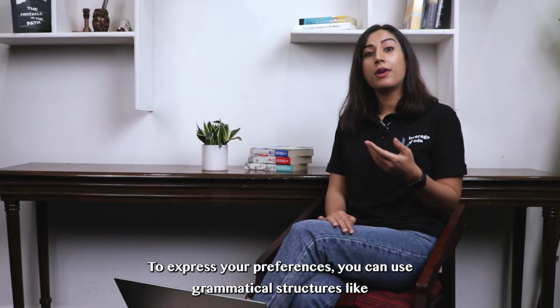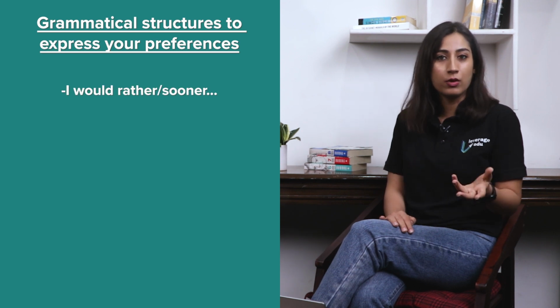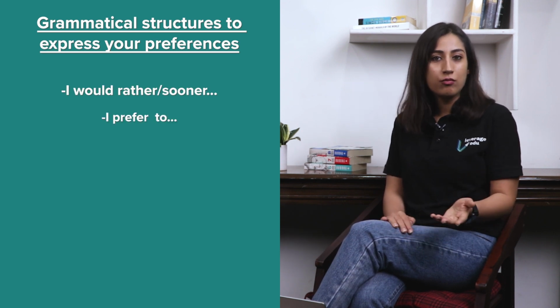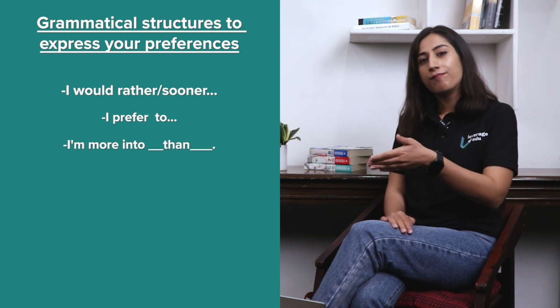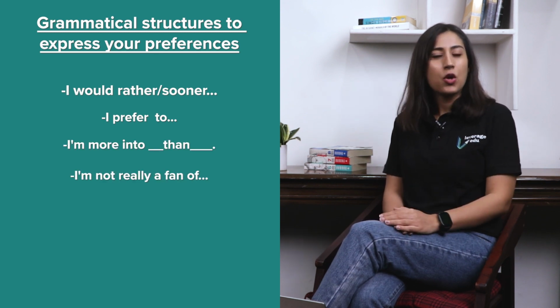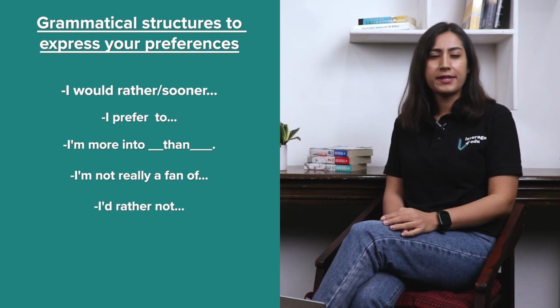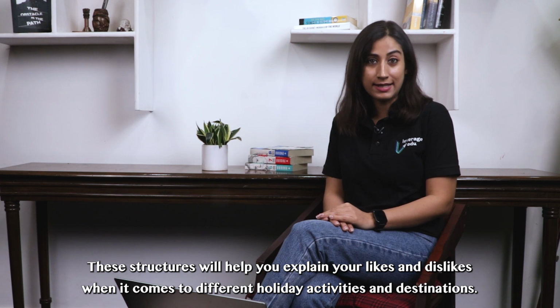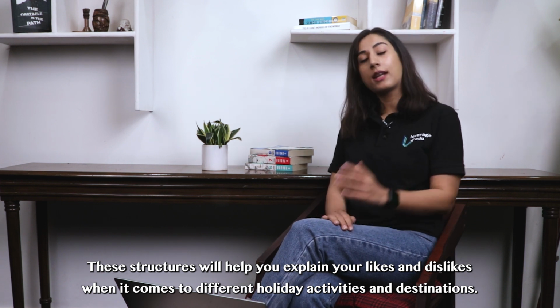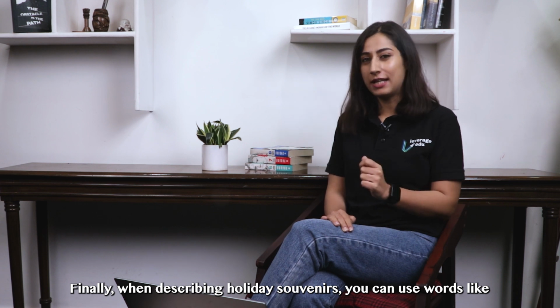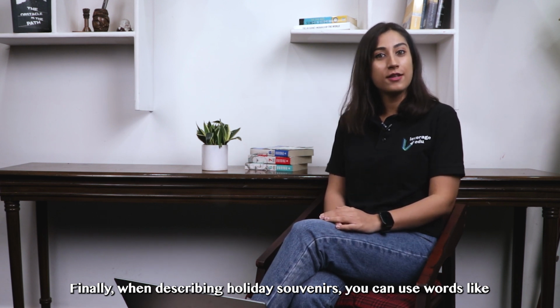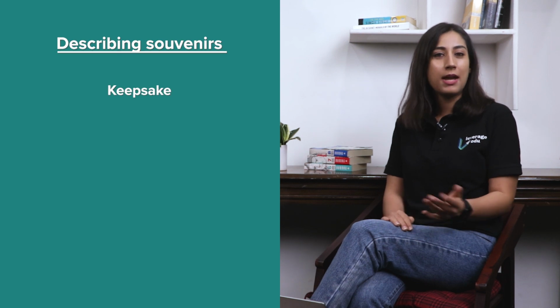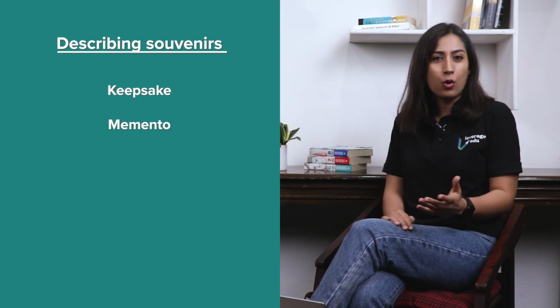To express your preferences, you can use grammatical structures like I would rather or sooner than, I prefer to, I'm more into dash than dash, I'm not really a fan of, or you could say I'd rather not, or I'm not particularly keen on. So, these structures will help you explain your likes and dislikes when it comes to different holiday activities and destinations. And finally, when describing holiday souvenirs, you can use words like keepsake, memento, or a token,